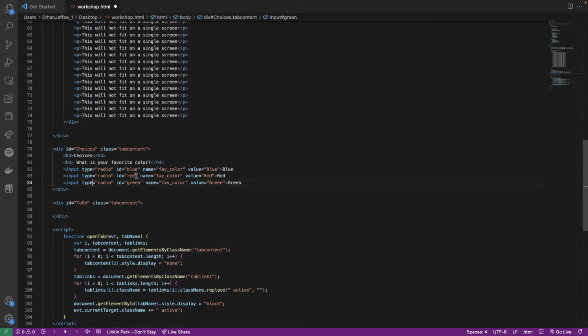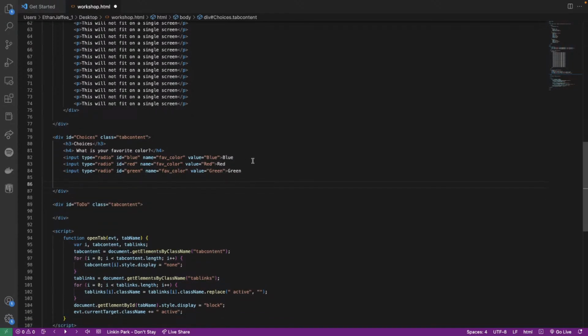And you'll have an ID for it, representing what is inside of that button. We'll make a name for it, that's just categorizing it. I called it favorite color. You have the value, and at the end, this is what changes the text that the user will actually see on the screen. And then once you have your input buttons, the next thing you're going to need to do is create